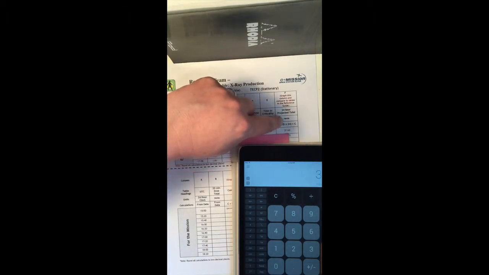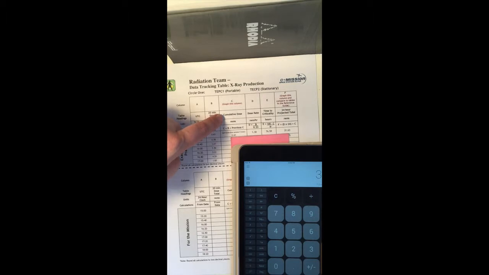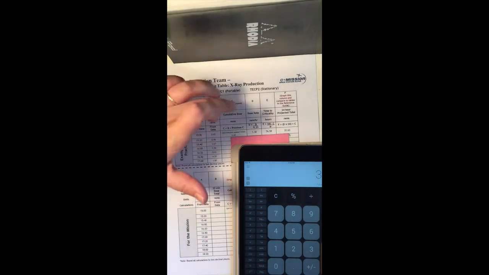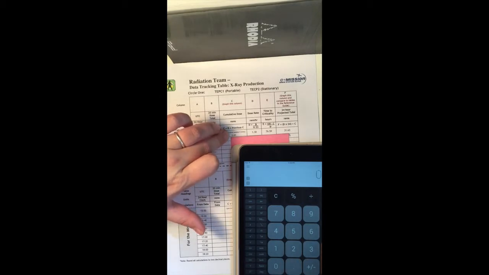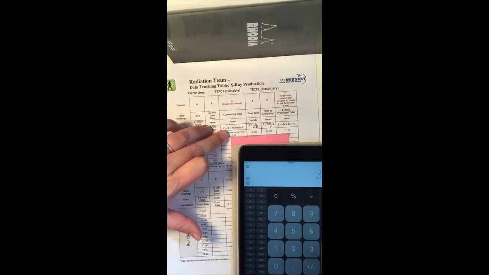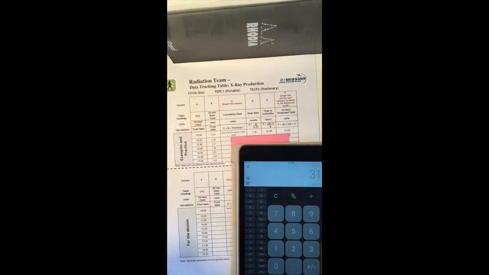equals 31.2 plus C, which was 0.43. And, whoops, 31.2 plus 0.43 equals 31.63, and that's where this came from. Let's do one together